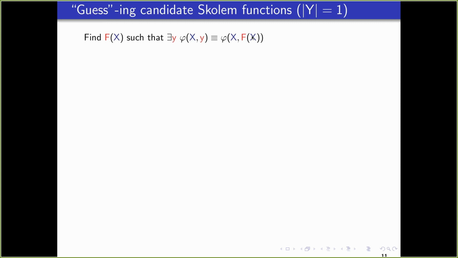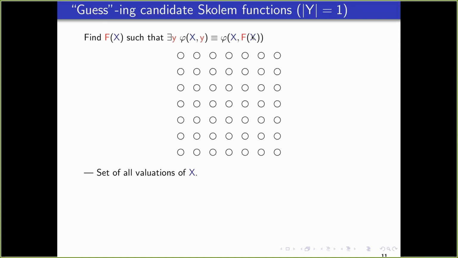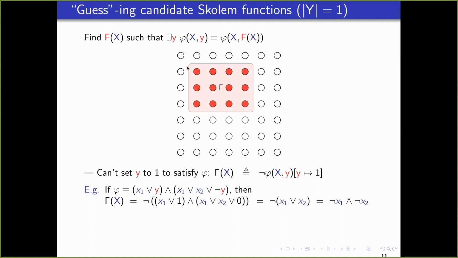All right. So here is a pictorial depiction of what's going on. Let us say this x could be as many variables as you want. So let us say this is an abstract representation of the set of all valuations of x, some Boolean hypercube. And then I could ask what are the values of x within this which will forbid me from setting y to 1.